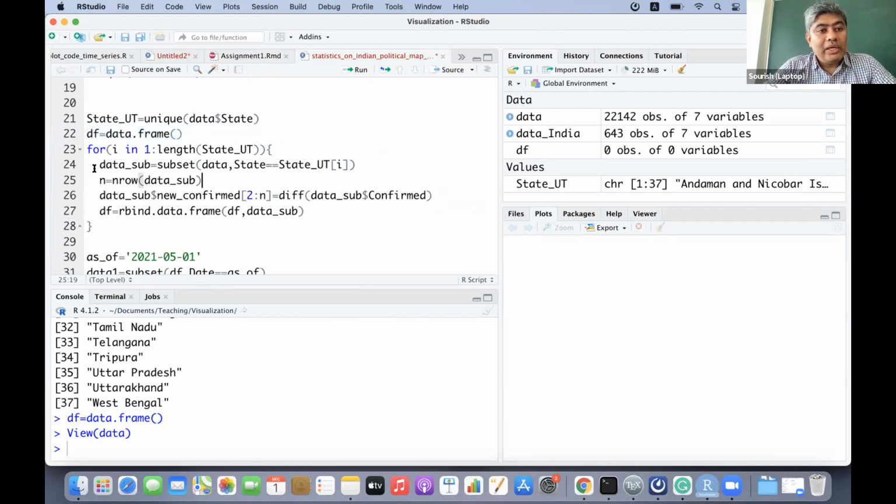Now remember that I could have just taken the consecutive difference of the column of the confirmed cases, right?